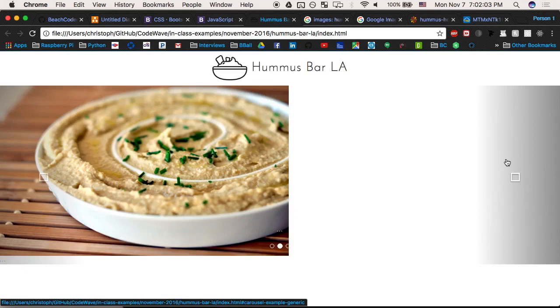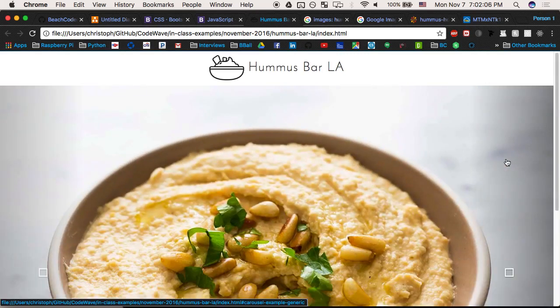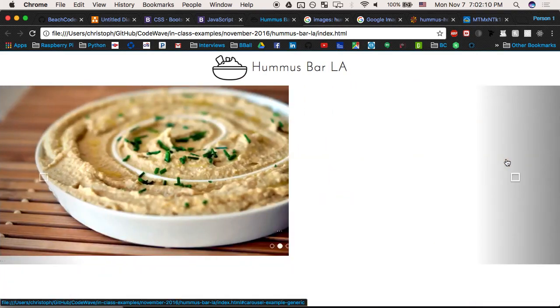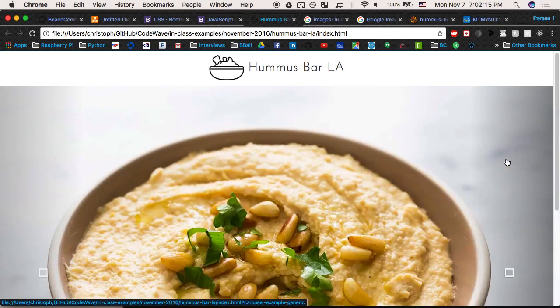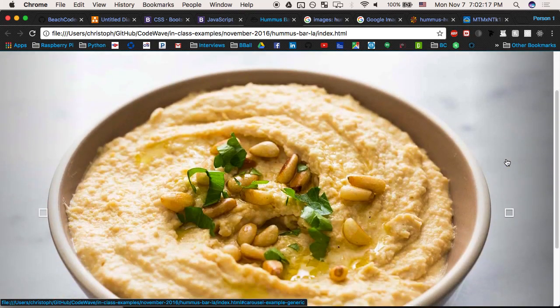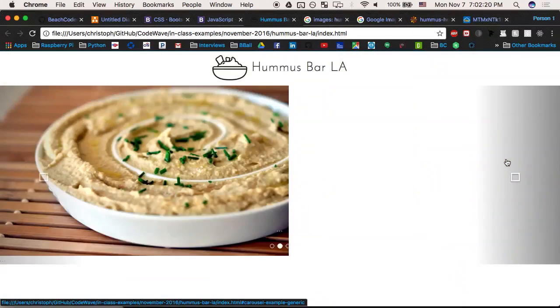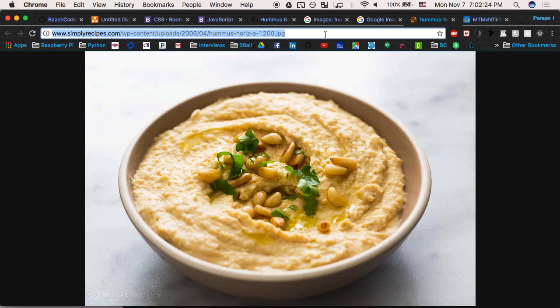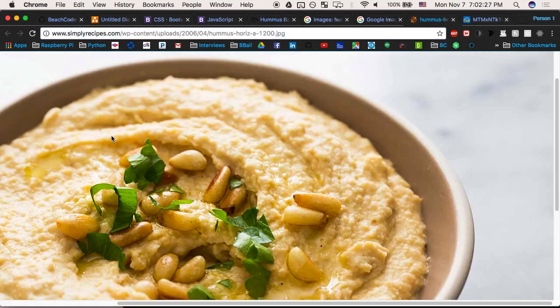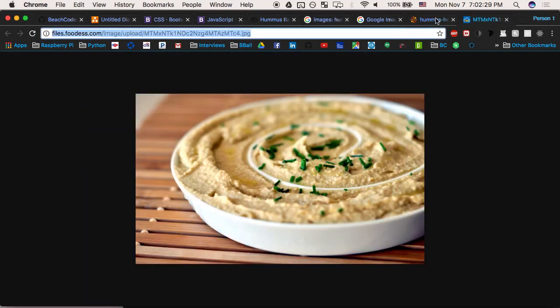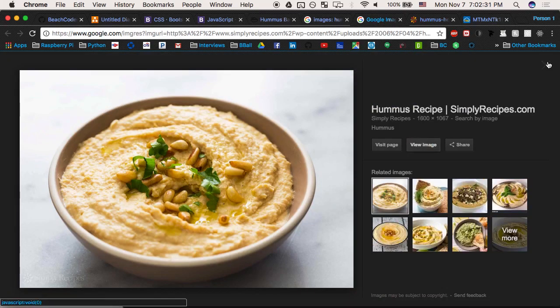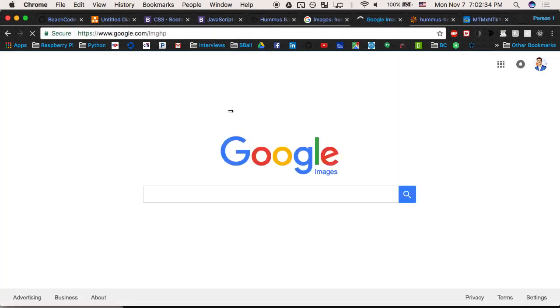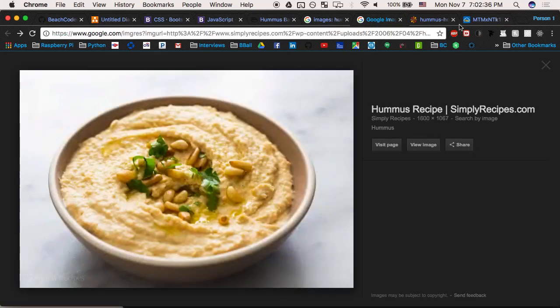Well, this has to do with Bootstrap and how they handle images for you in their carousel. So when using a carousel, really you want the images to have the exact same resolution. So in this case, this image is not the same resolution as this one. So what you could do about that is you can say go to